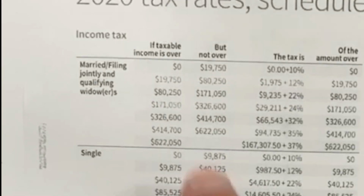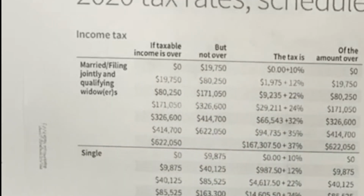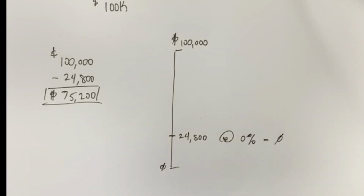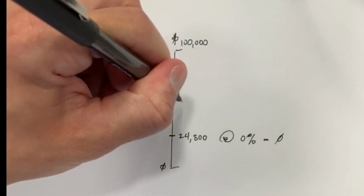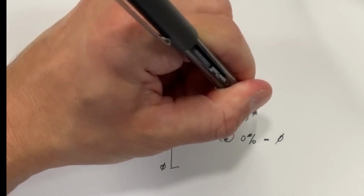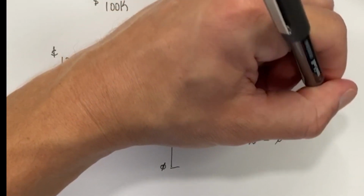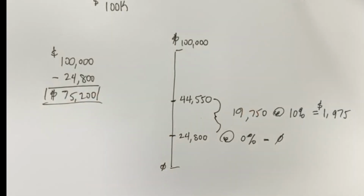So the first bracket is from 0 to $19,750, and that's at 10%. So the first $19,750 of taxable income is at 10%. So what we're going to do then is go $19,750 plus the $24,800, which means that the next $19,750 is going to be at 10%. So that brings us up to $44,550. And that difference right there is the $19,750, which is at 10%. So that means that we're going to pay $1,975,